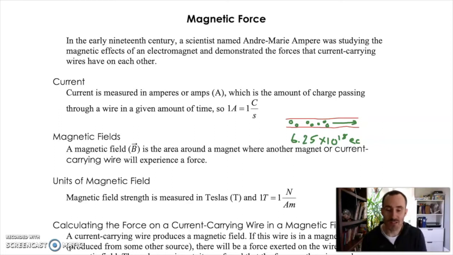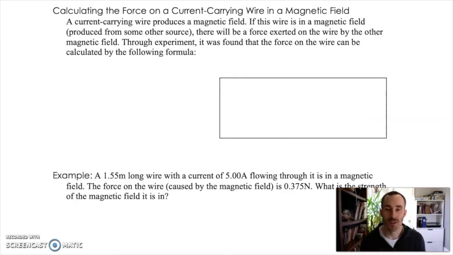The units of magnetic field strength are Teslas. And 1 Tesla is 1 Newton per amp meter. For you, it's not going to be very important that you remember that it's 1 Newton per amp meter. We just need to know that magnetic field strength is measured in Teslas. The third part, it turned out, through experiment, was the length of wire that was in the field. So the longer the wire that was actually in the field, the greater the force it was going to experience. So the formula that we end up with for magnetic force is